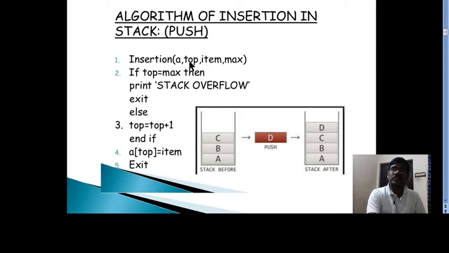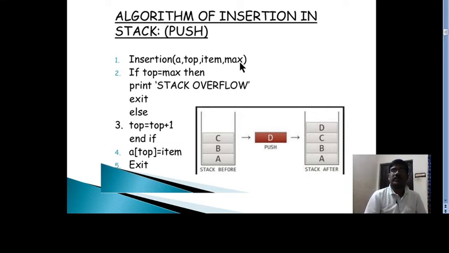Means the stack is associated with an array and with the top, and the stack has a maximum capacity, that is max. So when a stack is given to you, automatically you are given the top position and the capacity of the stack, that is the max. So A, top, max, these inputs give the status of a stack.